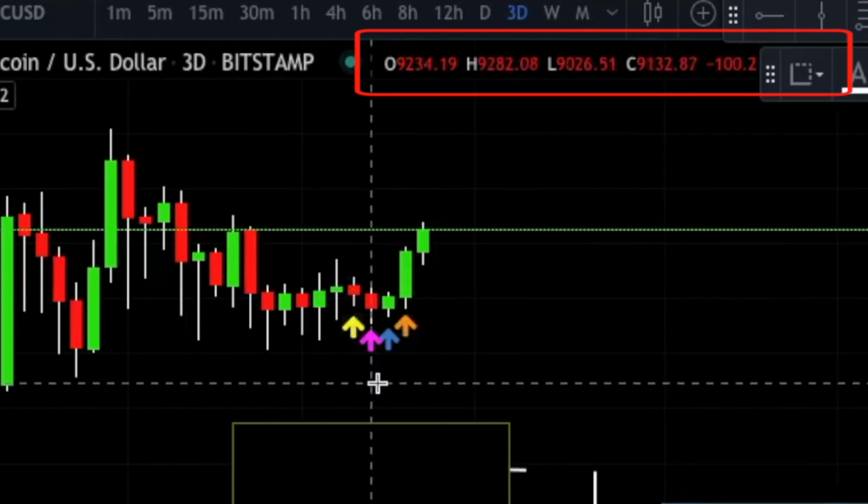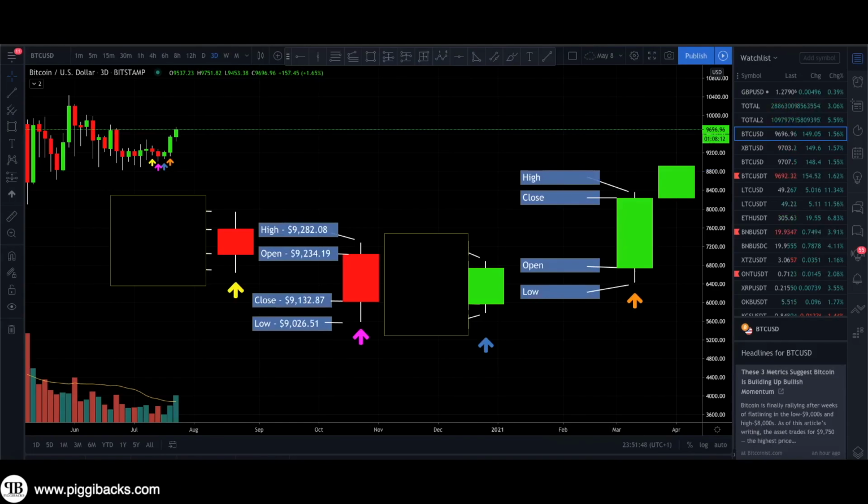And then when I move it to the right, which is the purple one, which is the one that we actually labeled together, and the one that I'm just about to put the price points in, this candlestick is being represented now at the top. The data is up there. The open is $9,234.19. The high is $9,282.08. The low is $9,026.51, and the close is $9,132.87. So now that we've labeled the red candlestick with the purple arrow pointing at it, we're going to label